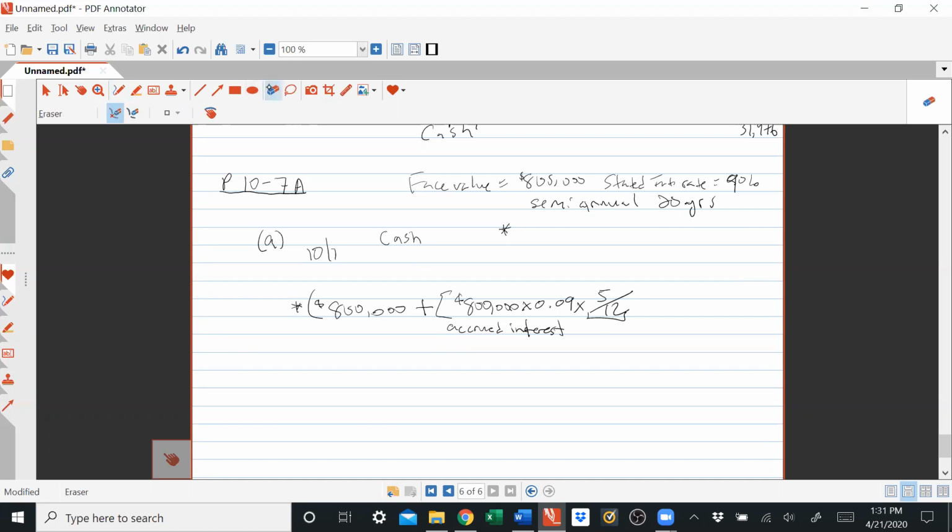So we times 5 over 12, and that is our accrued interest that we're going to get in addition to the 800,000. So it's $30,000. So this is going to be 830,000 we're going to receive from the lender, and we're going to credit bond